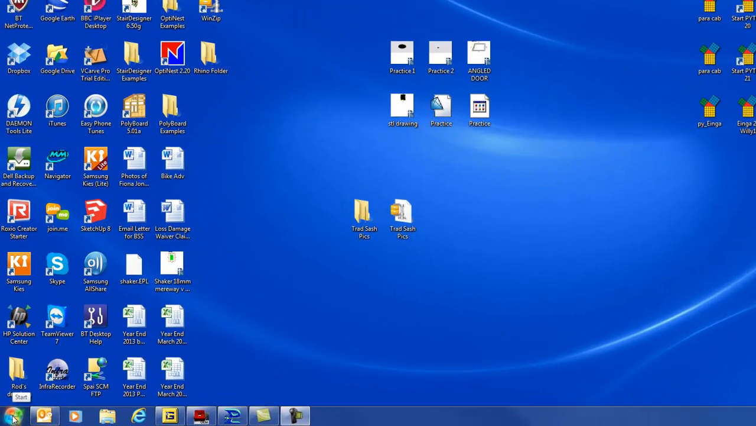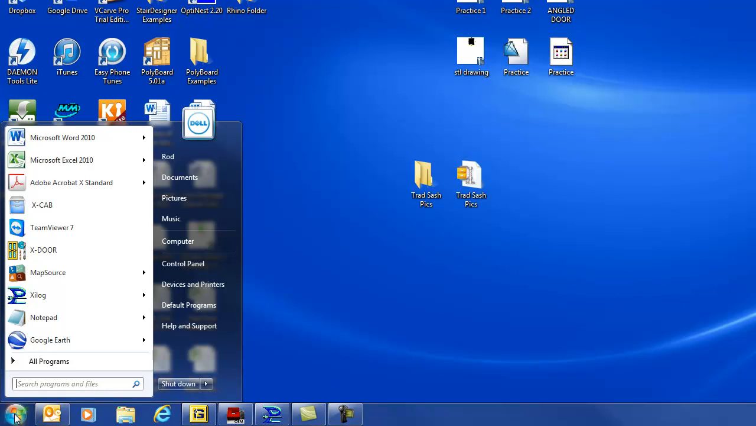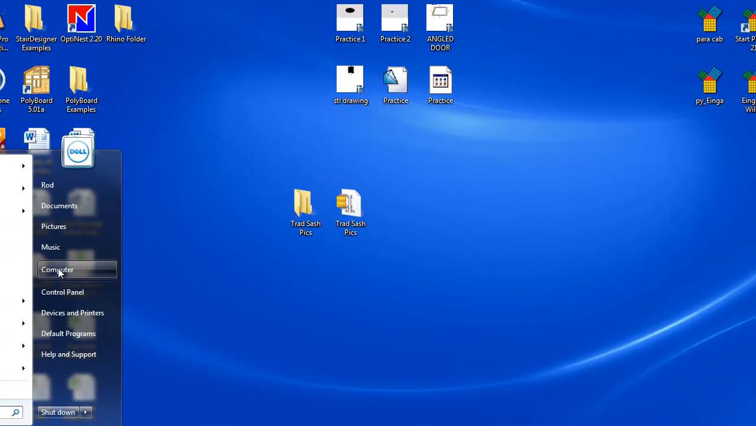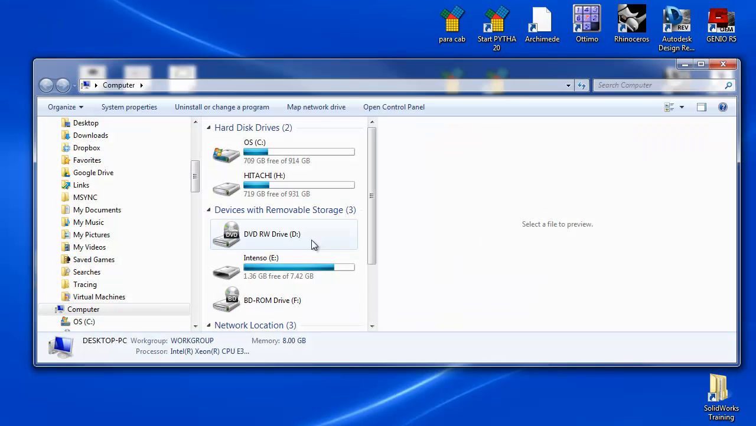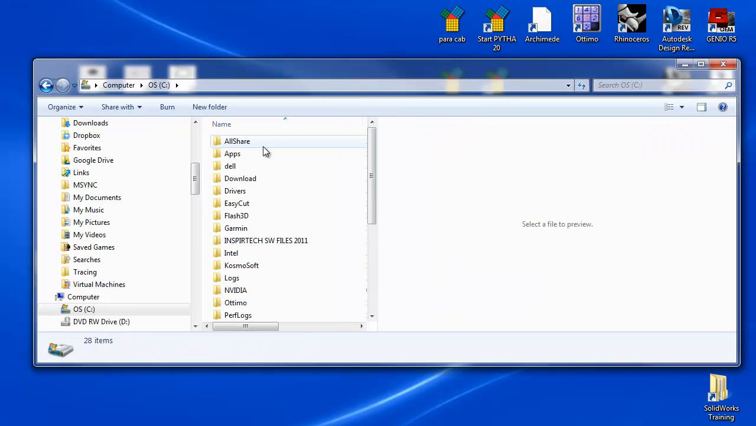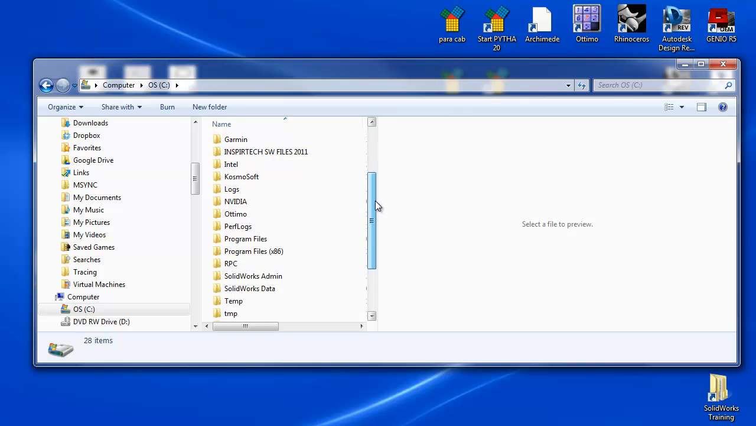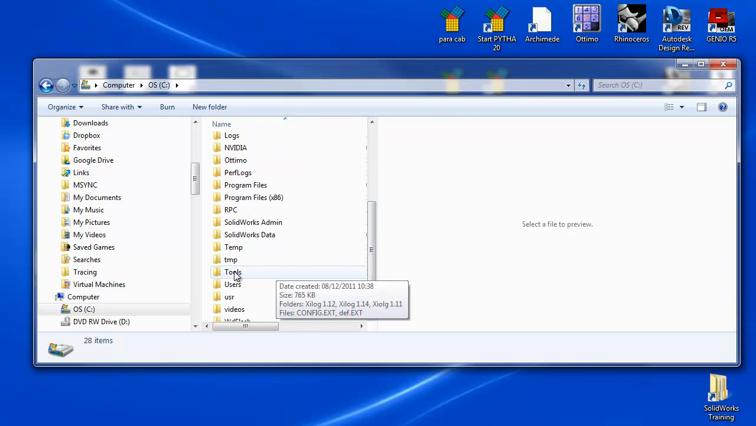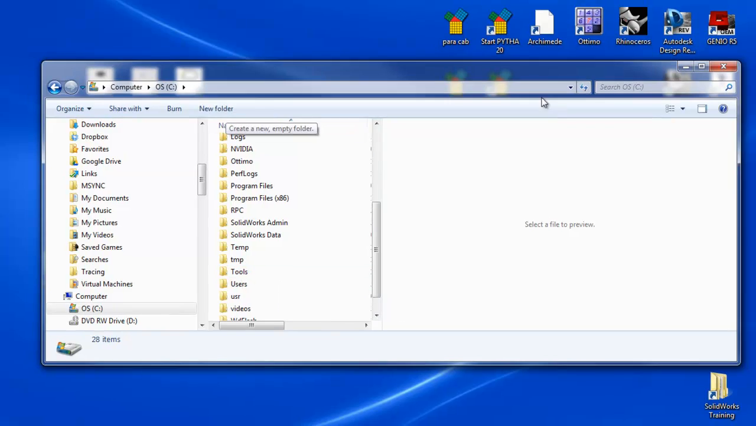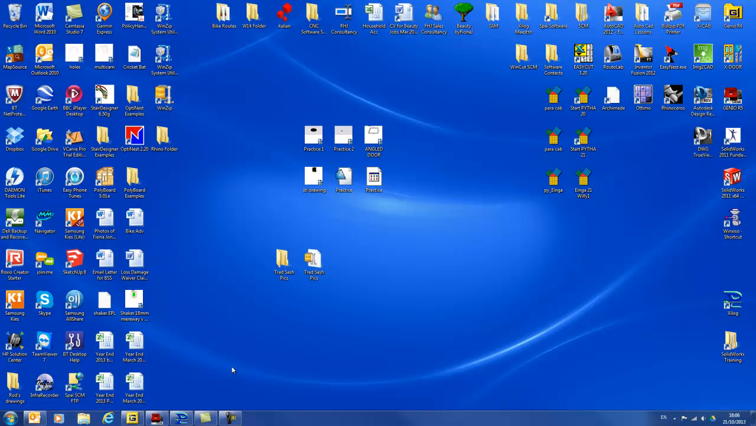To import tools from Xilog into Genio, first of all go into your computer, into C drive, and put a new folder in there called Tools. So just an empty folder called Tools in there. Once that's there, go into Xilog,